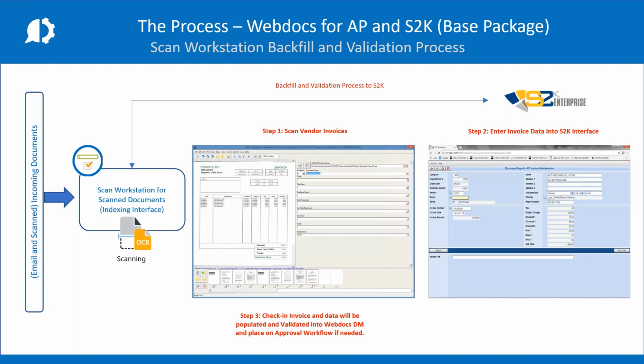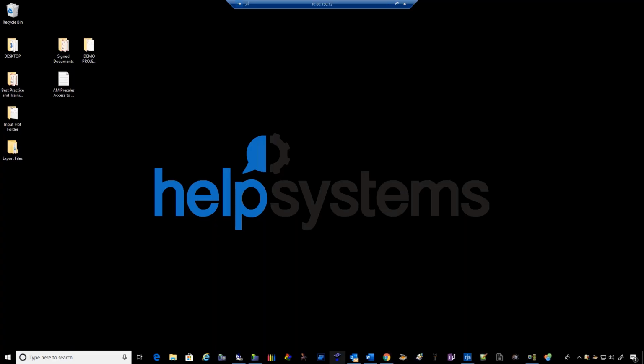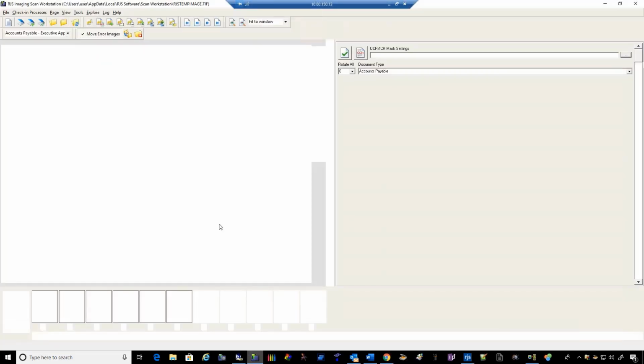Then they can pull that information into the Webdocs Scan Workstation to be populated with a button push during the check-in process. So no rekeying of that data needs to happen. Once that data is in the S2k interface, we can then take that information and process it over into the system. From an interface standpoint, the Webdocs Scan Workstation gives you that capability